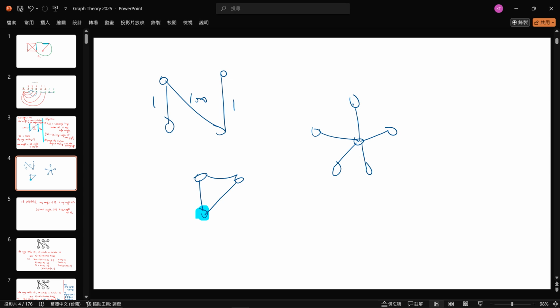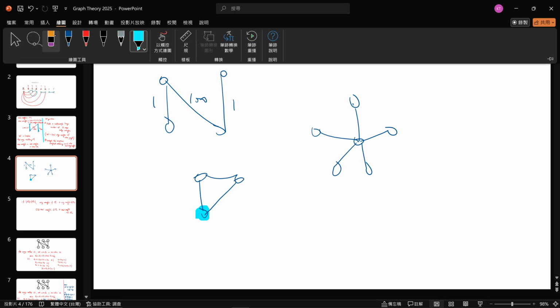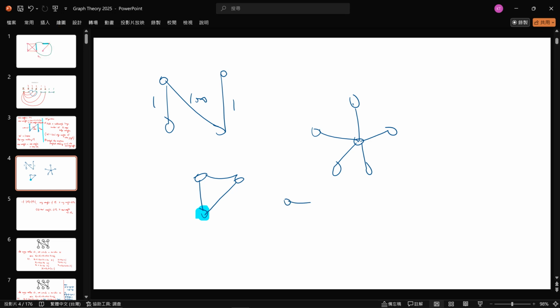So from here you can see that a dominating set is sometimes not a vertex cover, but I believe a vertex cover must be a dominating set. I'm not very sure, OK? Let's try. Not necessary. Okay, so I have to take that back. Sometimes a vertex cover is not a dominating set. Okay, so for example,